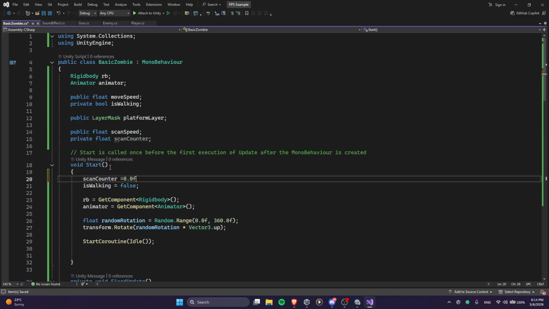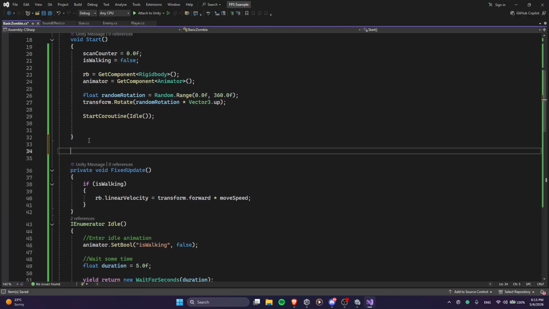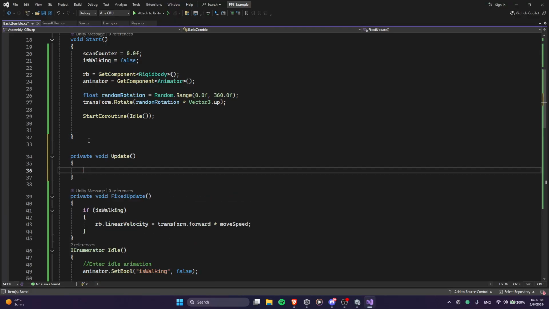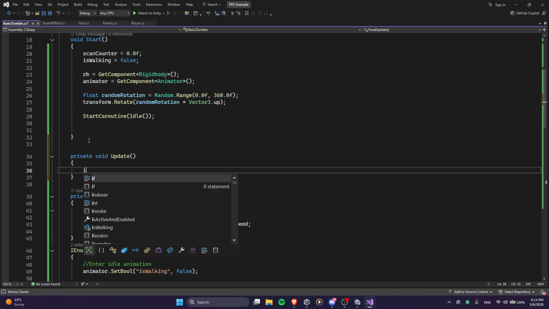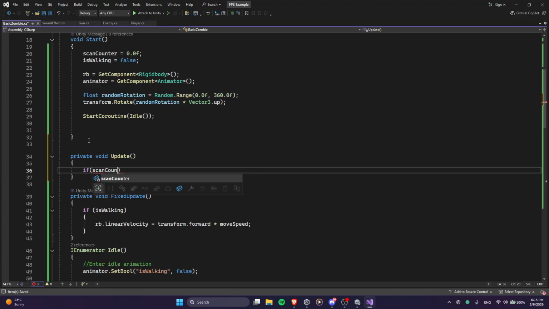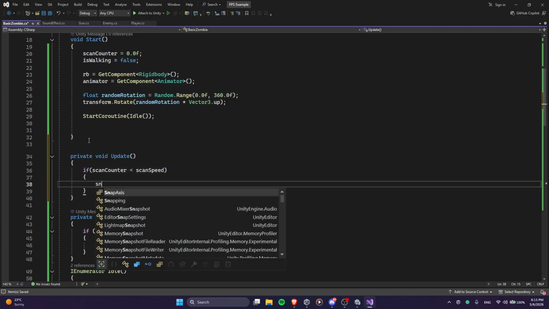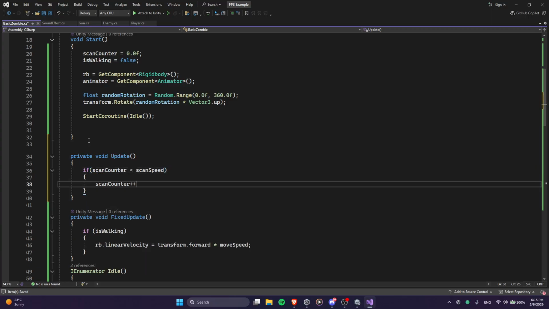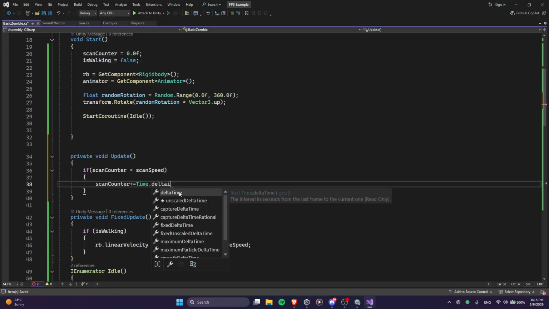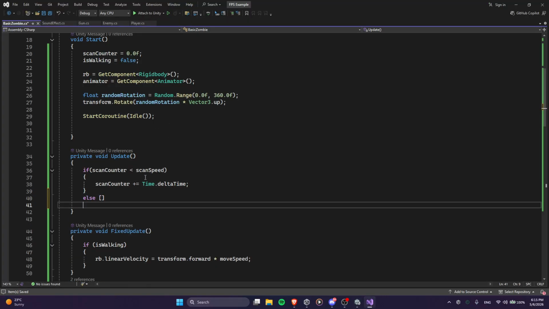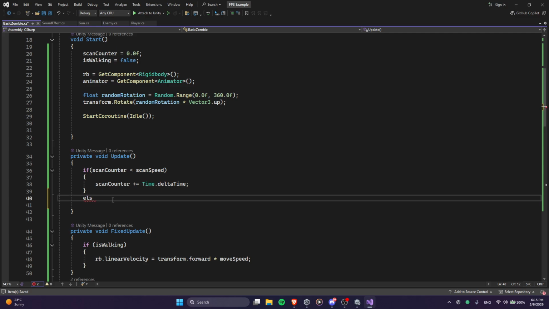Start from 0, and in update we count that variable up with time. If scanCounter is smaller than scanSpeed, keep counting. In other words, we count the time in seconds, and if we reach the scan speed,